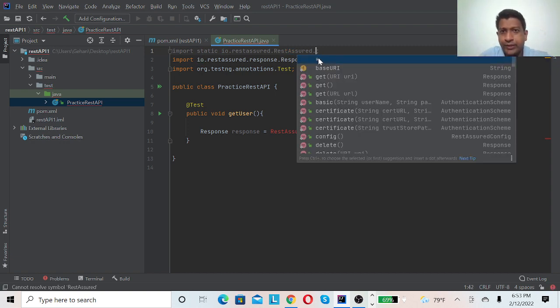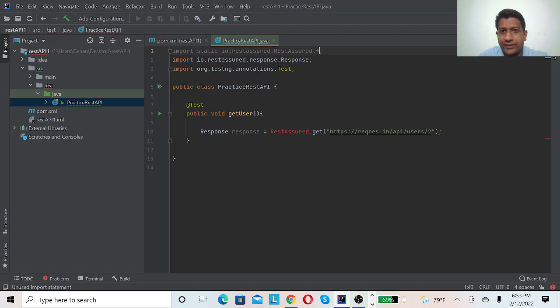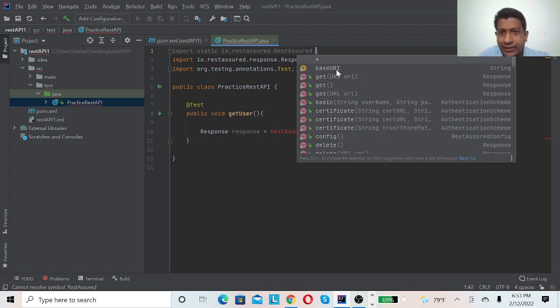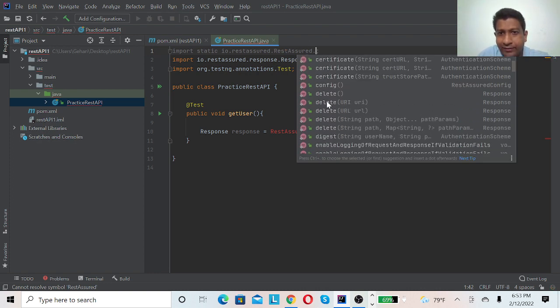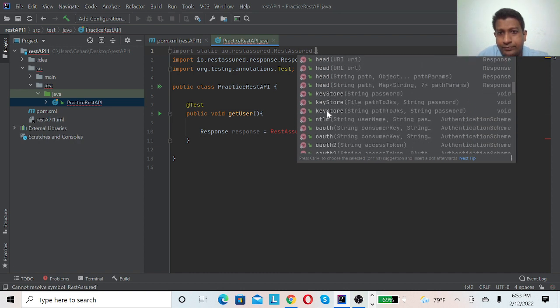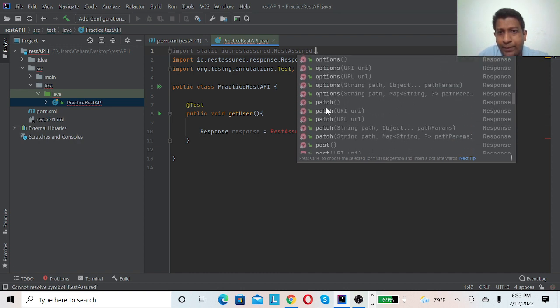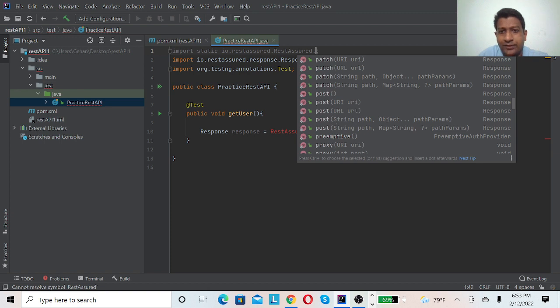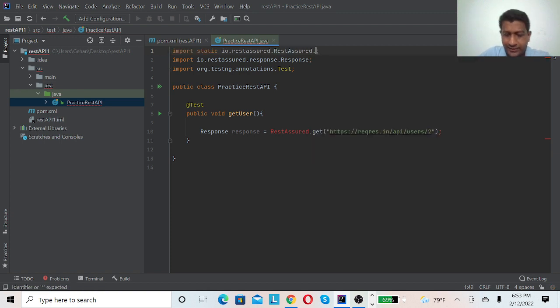And I'm putting the star mark to get all the methods which are inside RestAssured. You can see if I click on dot, you can see base URI, get, delete, patch, post, all the methods are there. So I will put a star mark so I can remove this class name.